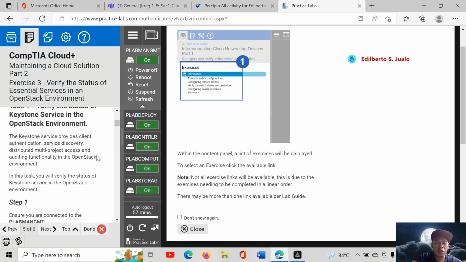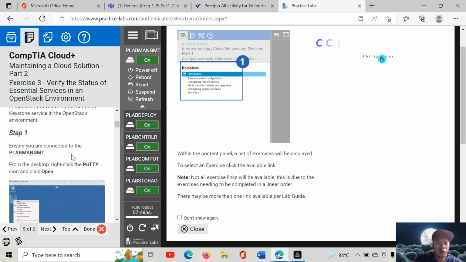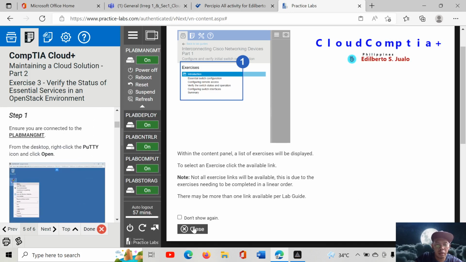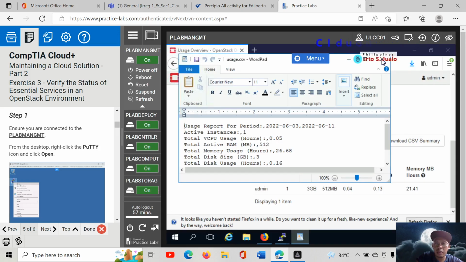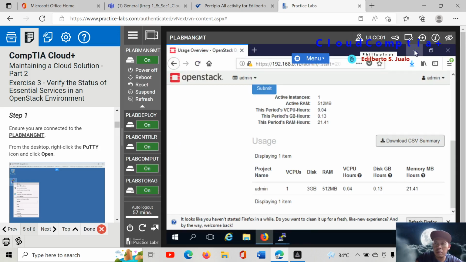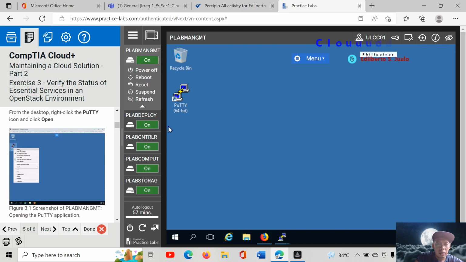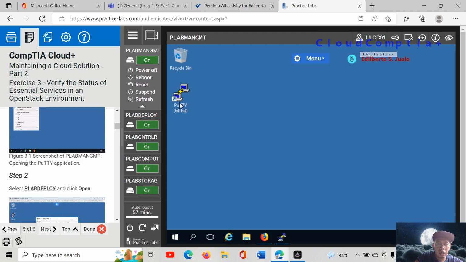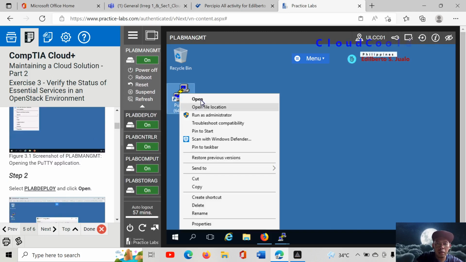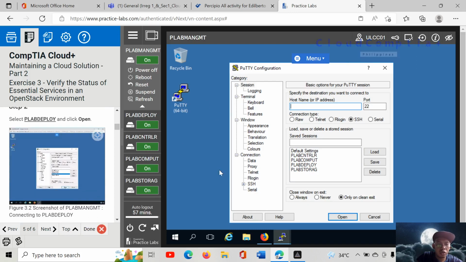In this task, I will verify the status of Keystone service in an OpenStack environment. Ensure you are connected to the PLAB management. Okay, already connected. I close this one and minimize this one. And then click PuTTY and open, and choose deploy, open,